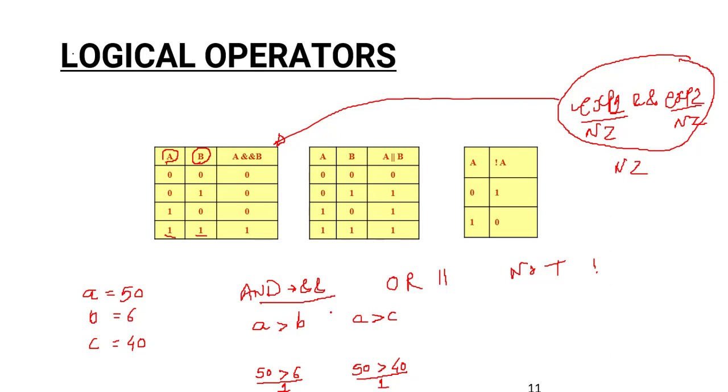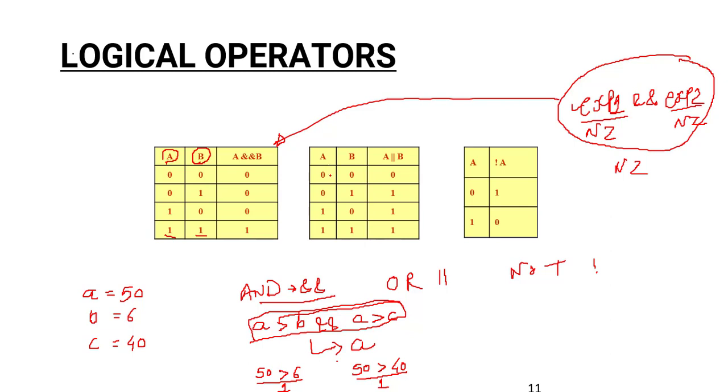So what we can do is, here I can put a logical AND, and this entire expression will turn out to be true only when both A is greater than B and A is greater than C are true. In that case, immediately my decision would be that A is the largest number. Right? So using the logical AND operator, the earlier program could be written in a very compact way.